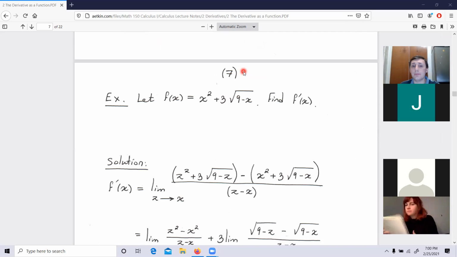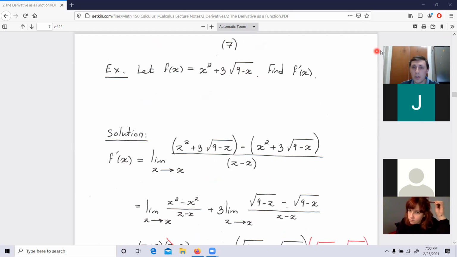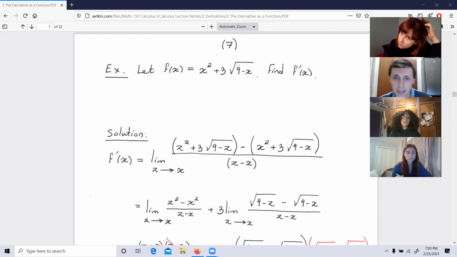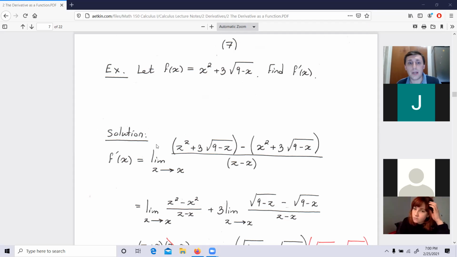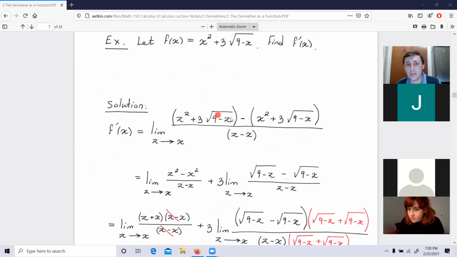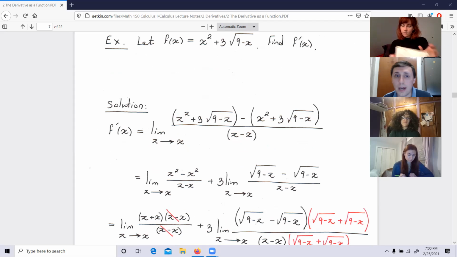So here is the setup. Do you see what I do? Hopefully it's not a very confusing thing here. I just replaced what used to be a with x now. z, in other words, x is my fixed point at which I want the derivative calculated. The derivative calculated meaning the slope of the tangent line calculated at that point. x now is the x coordinate of the point P. So then I say z going to x, the function evaluated at z minus the function evaluated at x divided by z minus x.